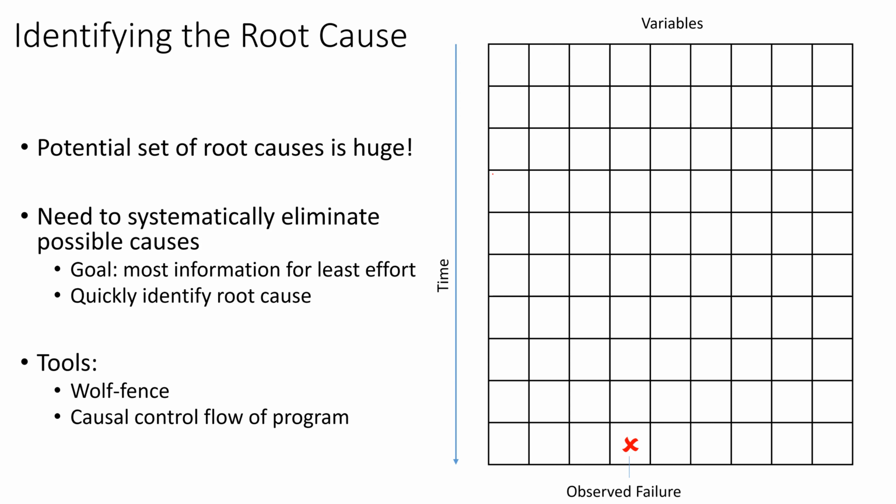Finding the root cause of a failure is hard. So I have a problem. I have an observed failure. I failed at some test. You're trying to figure out why did this happen, and you're trying to be efficient. So there's some cleverness to this. How do I eliminate possibilities quickly? So let's take, for example, this root failure, this failure that I've observed.